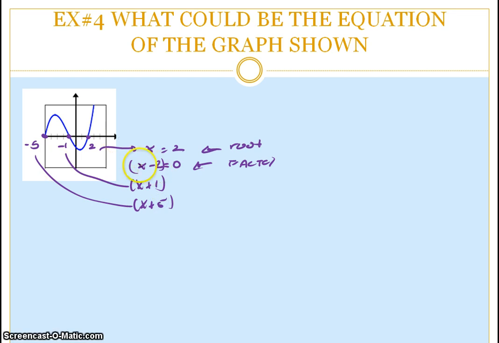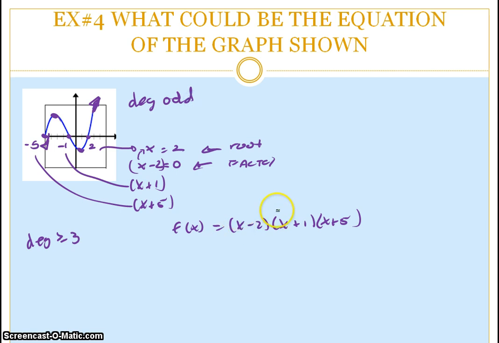And it's the opposite sign, because if you take the factor x minus 2 and set it equal to 0, you get x equals 2 as your root. So we have f of x is x minus 2 times x plus 1 times x plus 5. If I were to multiply this all out, I would get an x cubed, and if you look at the number of turning points, which is 2, we know that the degree has to be greater than or equal to 3. We also know that on the right hand side it goes up, and the left hand side it goes down, so the degree has to be odd, and this would be an x cubed, which is